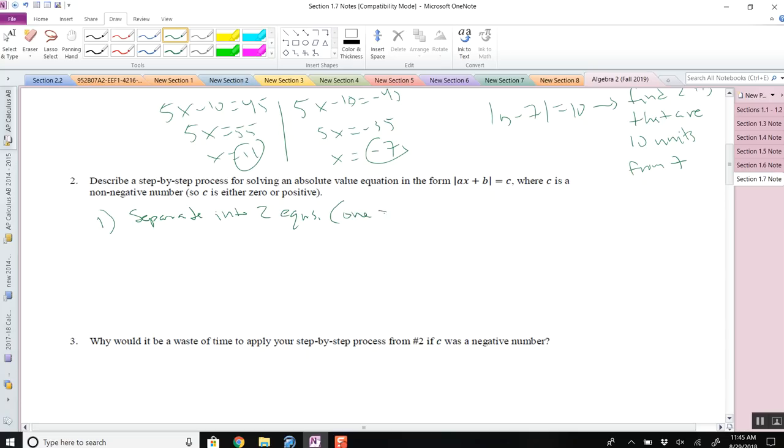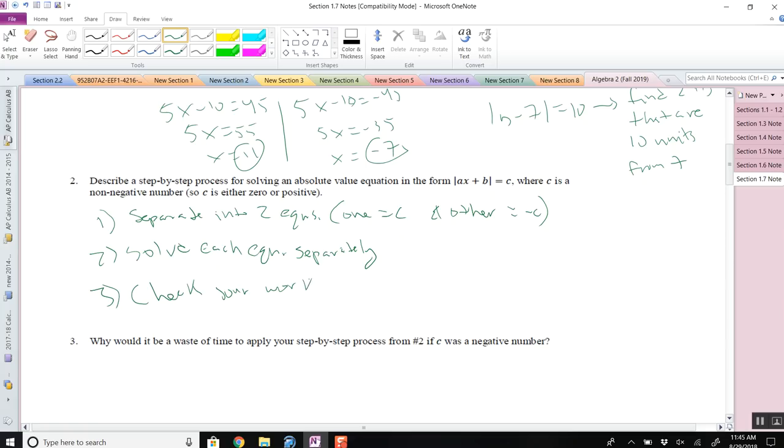One equals C, and the other equals negative C. And you just solve each equation separately. And then I strongly suggest you check your work,